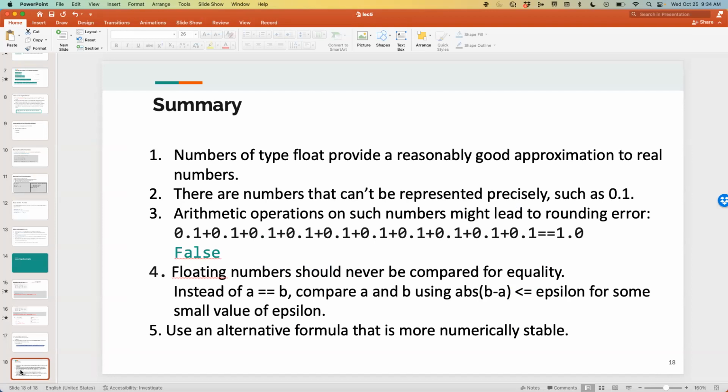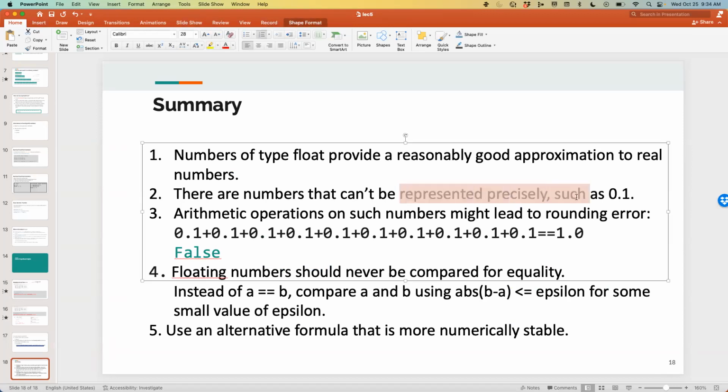Okay, as a summary, numbers of type float provide a reasonably good approximation to deal with real numbers. They are numbers that cannot be represented precisely. For example, 0.1, 0.2 cannot be represented precisely in base 2. Arithmetic operations on these kinds of numbers will lead to rounding off errors. So you don't want to compare for equality. It's very important. Instead of comparing whether A is equal to B, when A and B are floating point